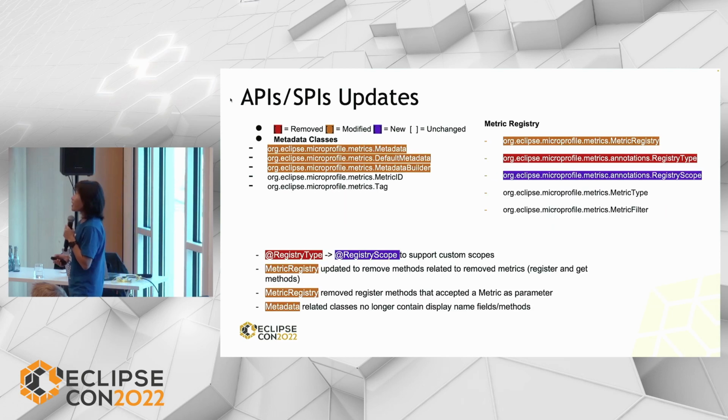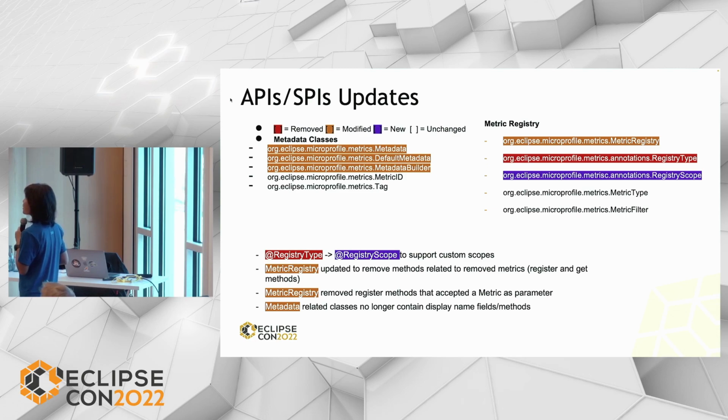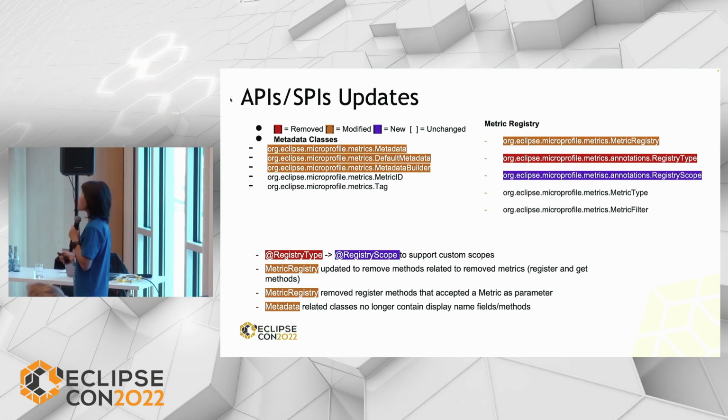So the other SPI change. Here we removed the metadata. You probably don't need to worry about this metadata because this is a lower-level API. As you can see here, the metric registry is being changed, with this one being deleted and this one being added. This is the registries group, because Micrometer has this concept of metric